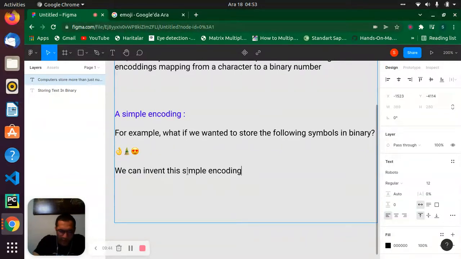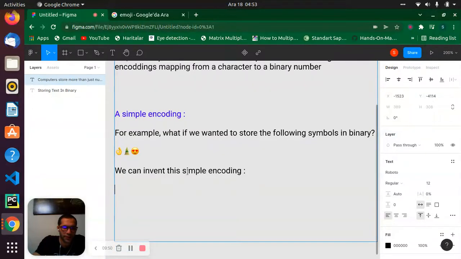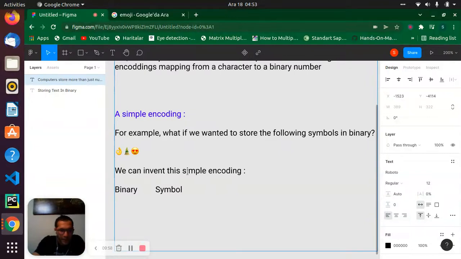What can we do now to represent this? Just check it. Binary. This is the symbol. For 0 1, it's just 1.